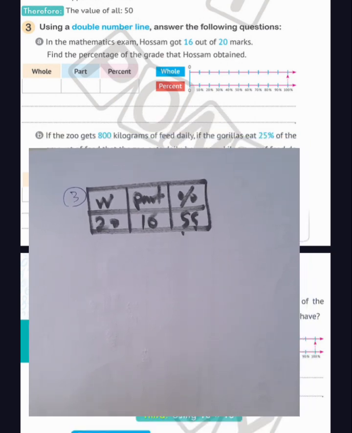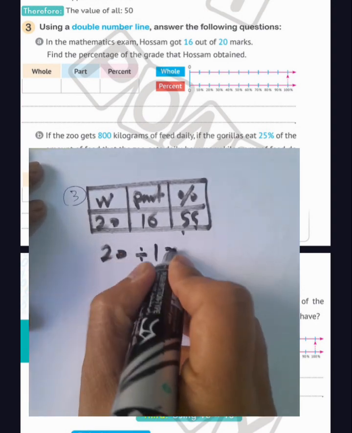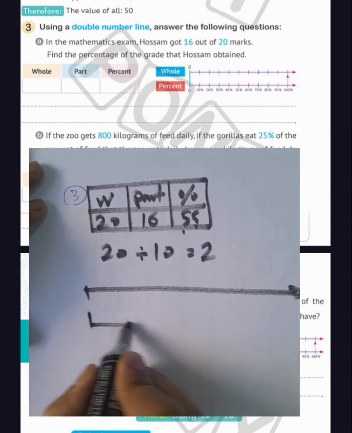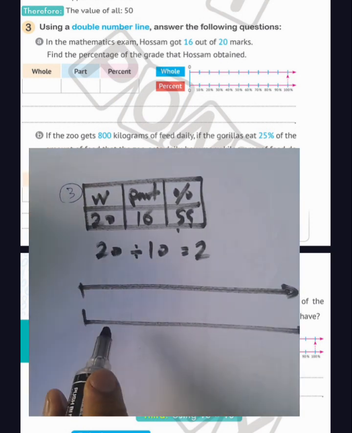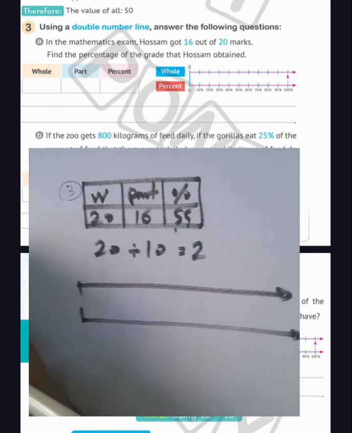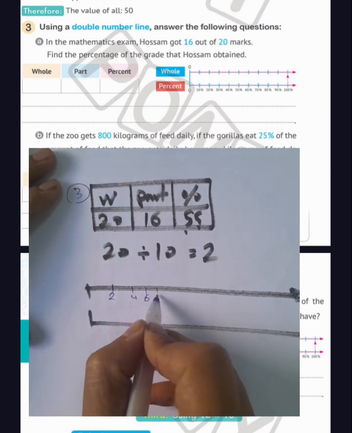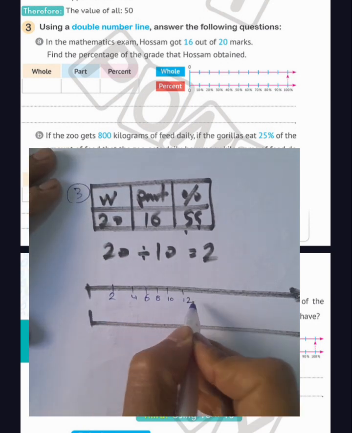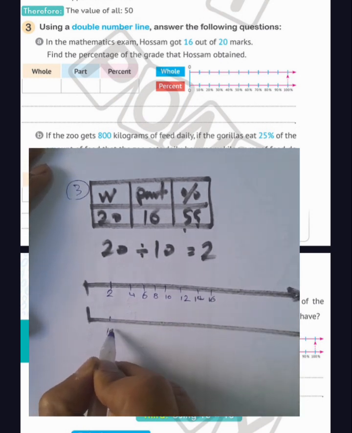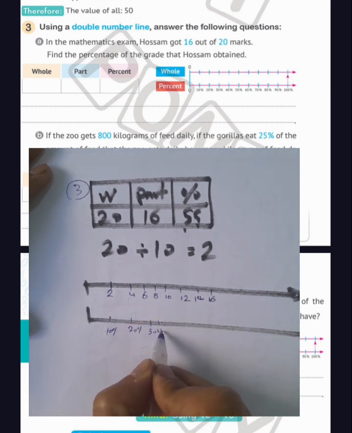First step, write 20, the whole number, divided by 10, equals 2. Then we will draw the number line here. We want to find 16, count with me here: 2, 4, 6, 8, 10, 12, 14, 16, okay? And on the right-hand side: 10%, 20%, 30%, 40%, 50%,